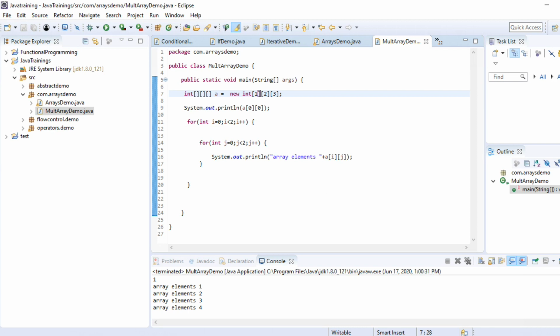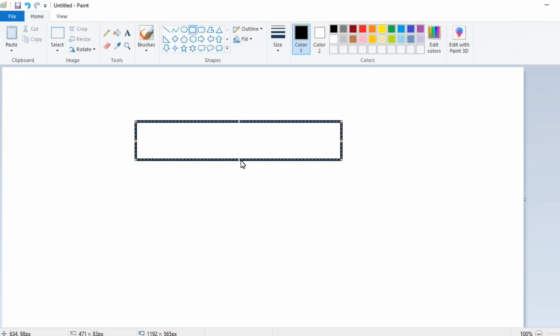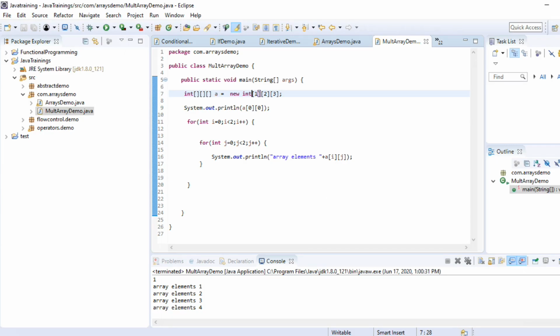What is the size? Only 1. So there is only one value. Inside that, next size is 2. Inside that there is an array having 2.